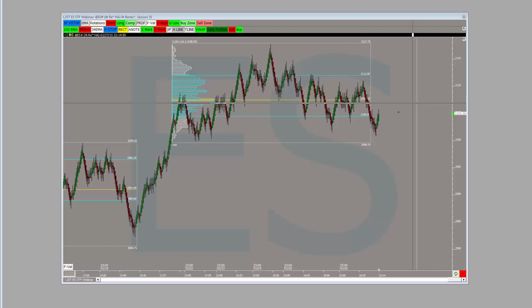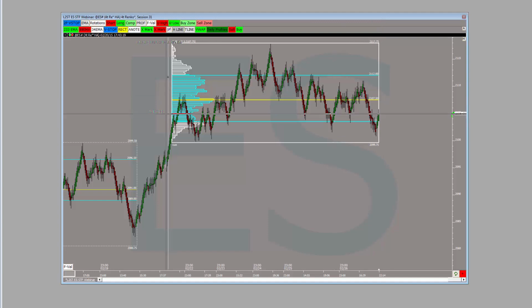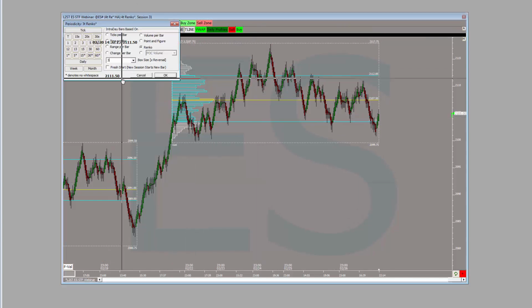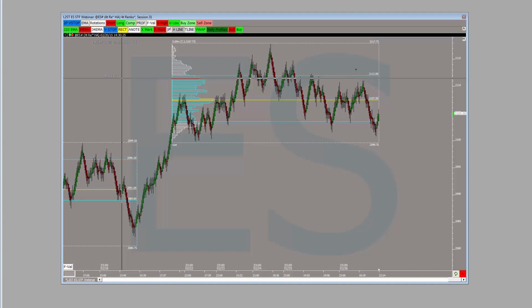Okay, just got to find the chart. Okay, so here's the E-mini S&P shorter time frame chart. It's a 4-tick Renko chart at the moment. I might as well put that on a 3-tick Renko. It's typically what I use